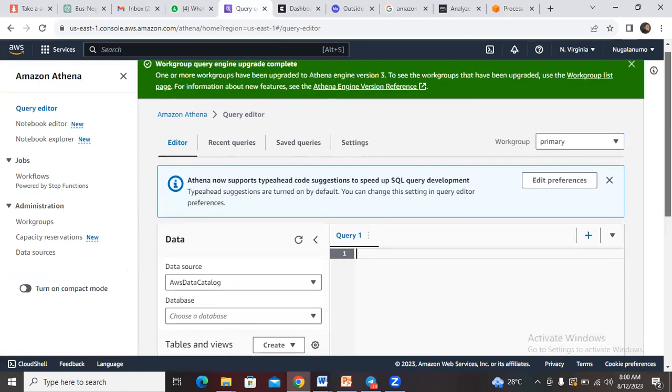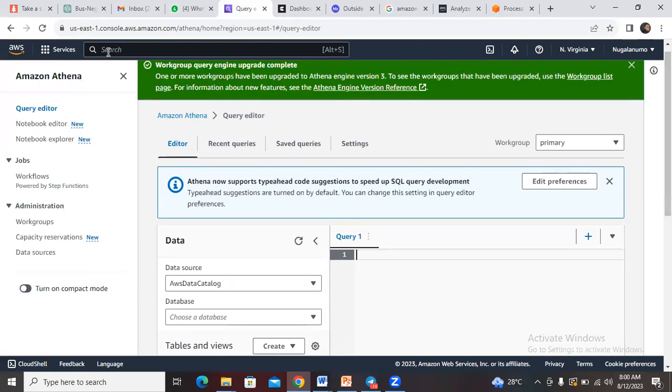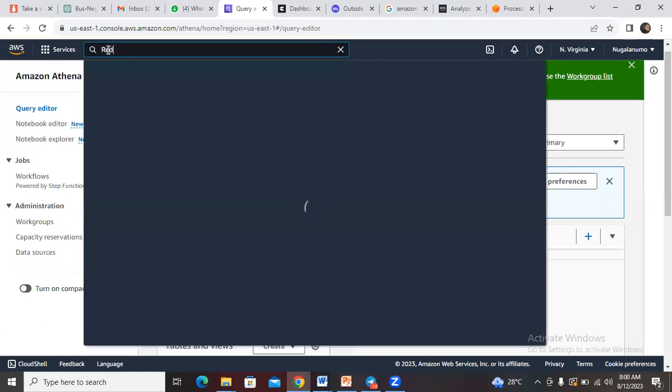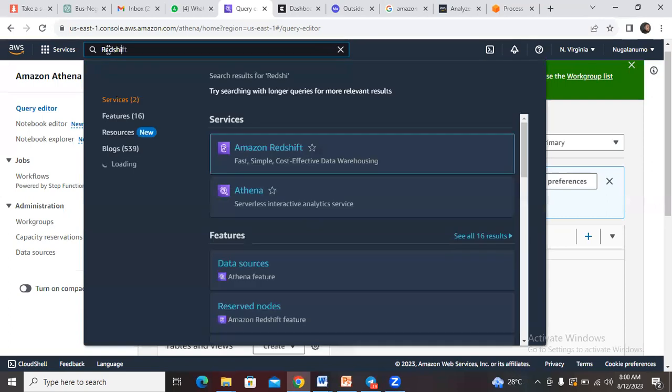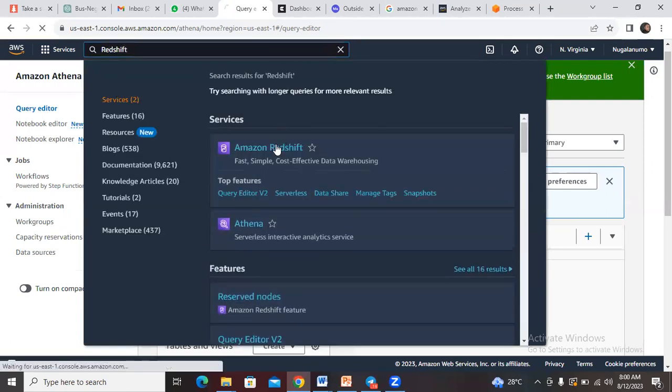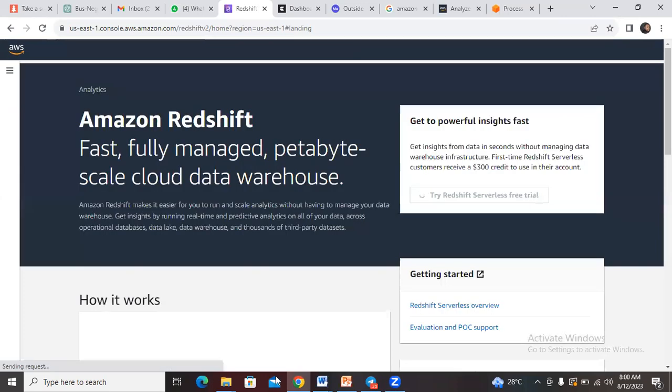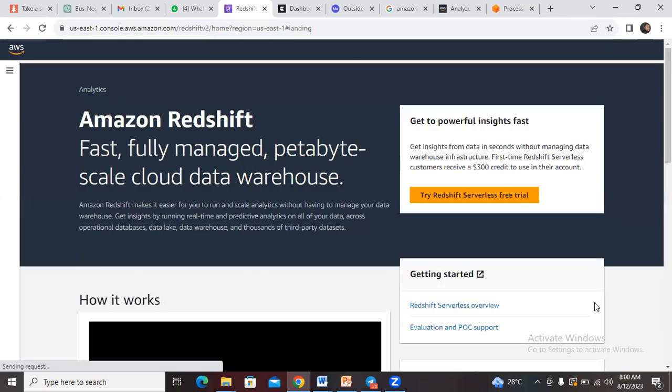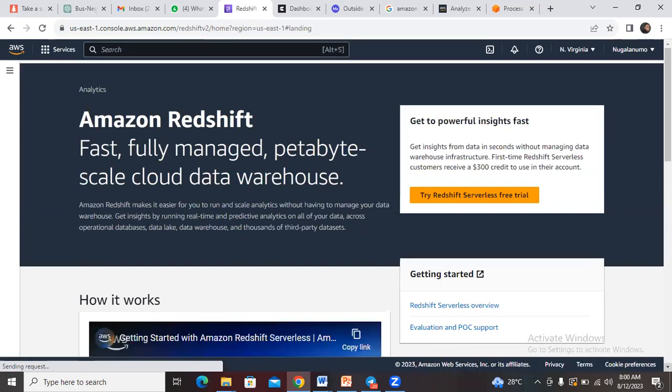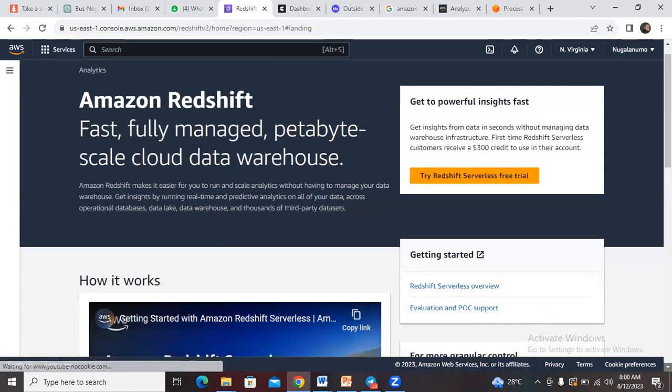Let's say Redshift. Now the Redshift. Before we continue with this,